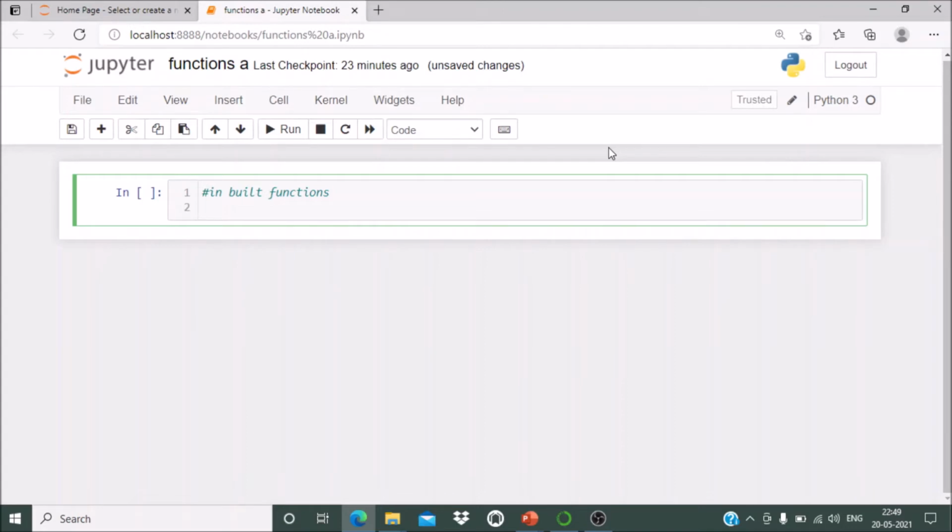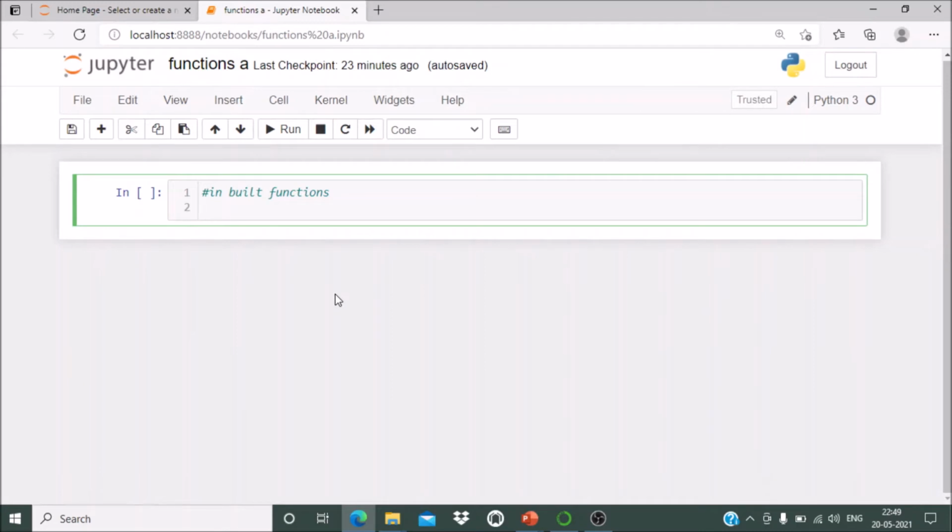For example, if you want to use the square root function, sqrt, that function definition is already available. You just pass the number and you get the result. Similarly for cos or the logarithmic function, all the definitions of those functions are written in Python, so there is no need to write them again. That is called an inbuilt function.